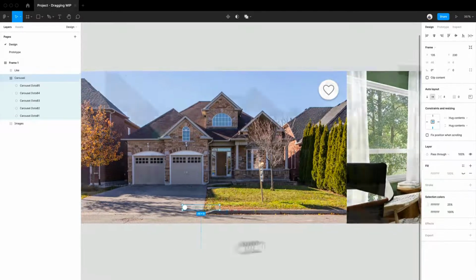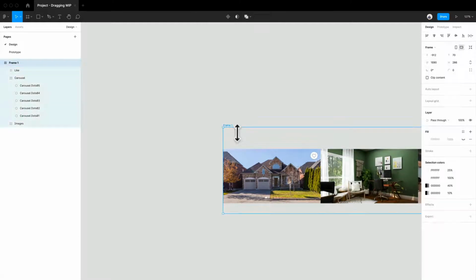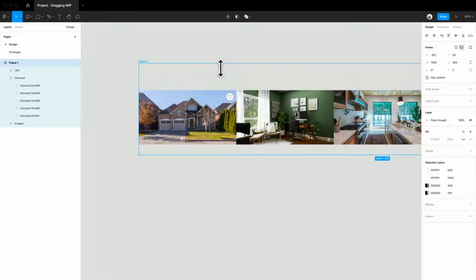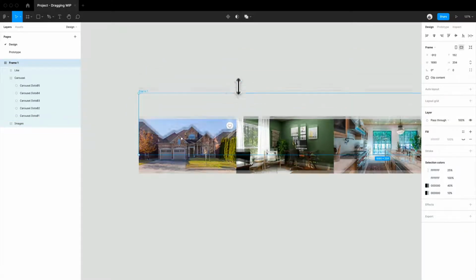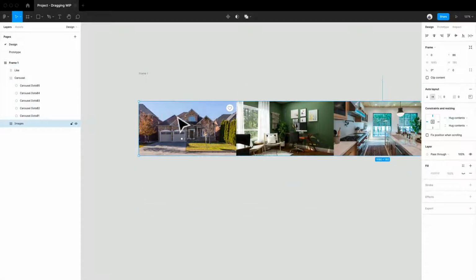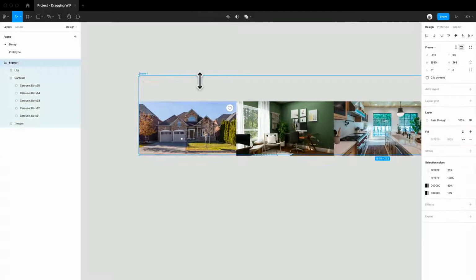So these are my carousel dots, and that's kind of like the center of this area. Now, one thing we do want to do is make sure, so I'm going to hold Command while I'm moving this so the other elements inside don't get squished, because if you can see, everything's moving with the top or bottom. That's because if I click on the images, they have the constraints set to top and left. So we are going to just hold Command while we do this and go right to the top,